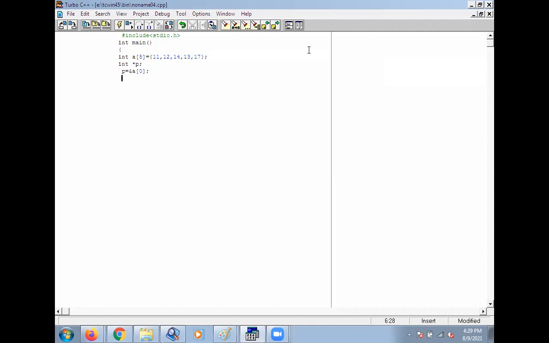Then suppose we write printf("\nThe array elements are\n");